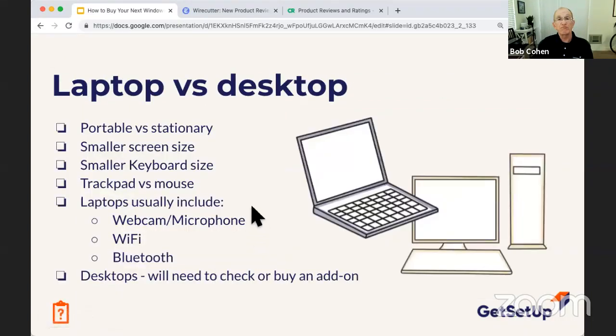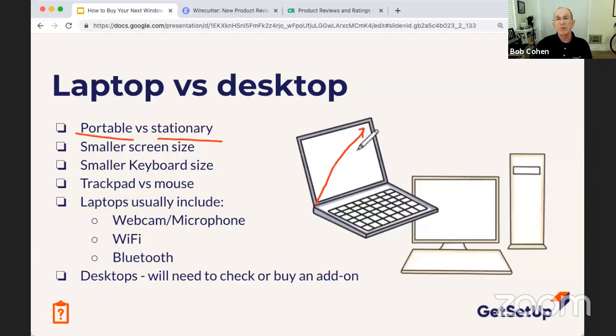Okay. Laptop versus desktop. It's really more a question of portability versus stationary. Desktops are not a lot of fun to move around. They're meant to stay at desks, okay? But they have all the same components. What typically will be different with a laptop or a desktop is the size of the screen.